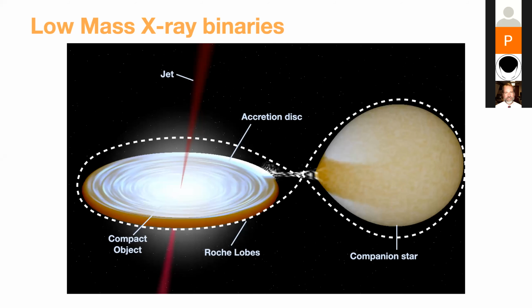So I don't think we need an introduction about X-ray binaries after the last talks. So very briefly, we typically have a compact object that is a black hole or a neutron star, and a main sequence star that accretes mass onto the compact object through the formation of an accretion disk. And in many cases, we also detect the emission of collimated jets that will be typically dominant in the radio.